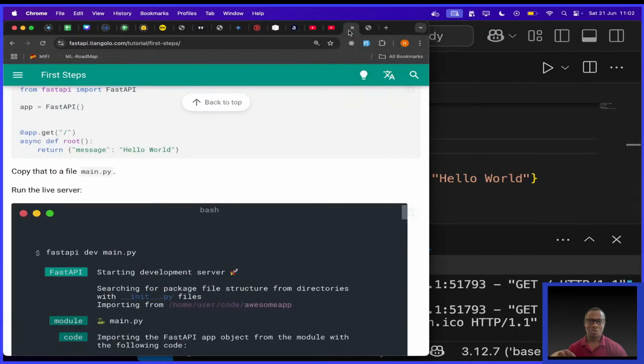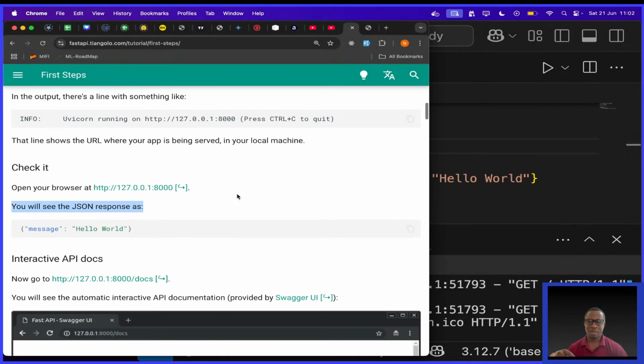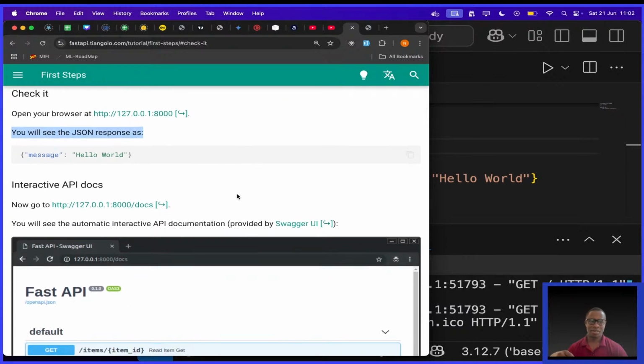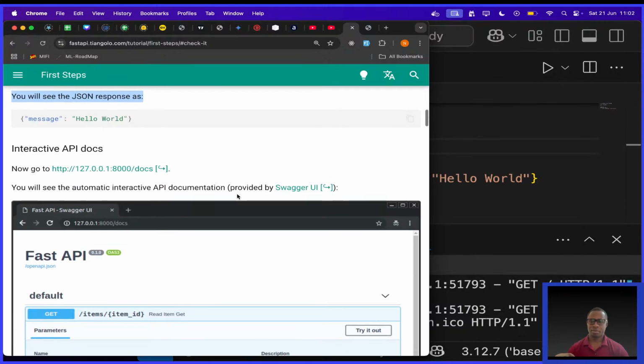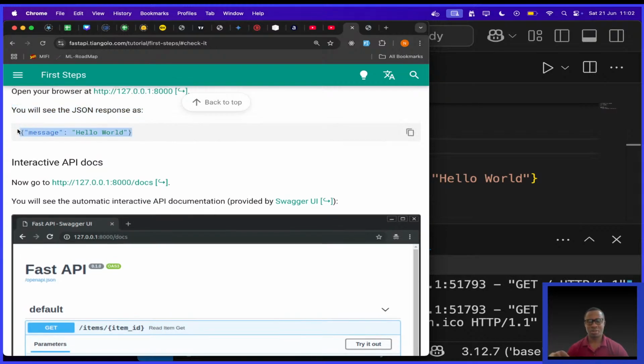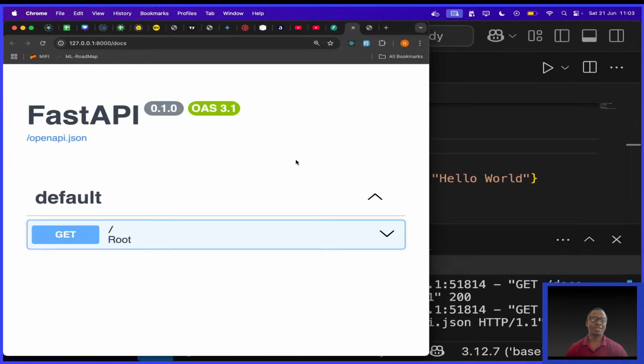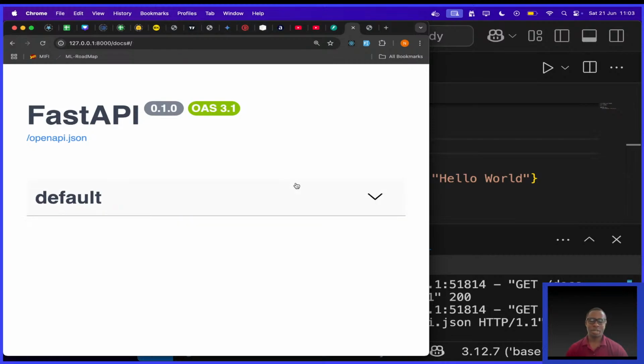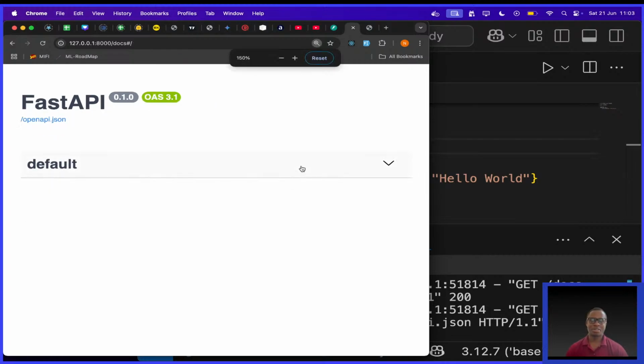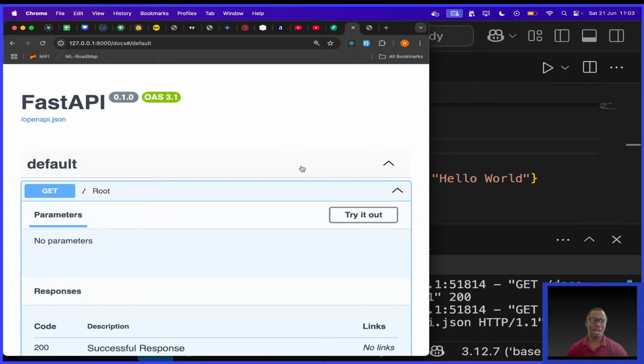All right, let's continue the documentation. They say you'll see the message, which we have seen. Then they're saying interactive API docs. Let me click on this link, which is here. Nice. I like this. You see, automatic documentation. Not like in the Django world where you have to install Swagger, configure it, and then you have a running stomach and you have to decide whether to first finish that or to. Yeah, but this is actually cool.